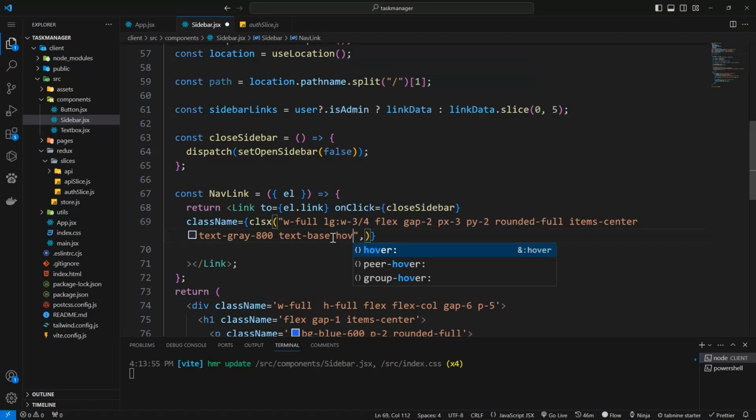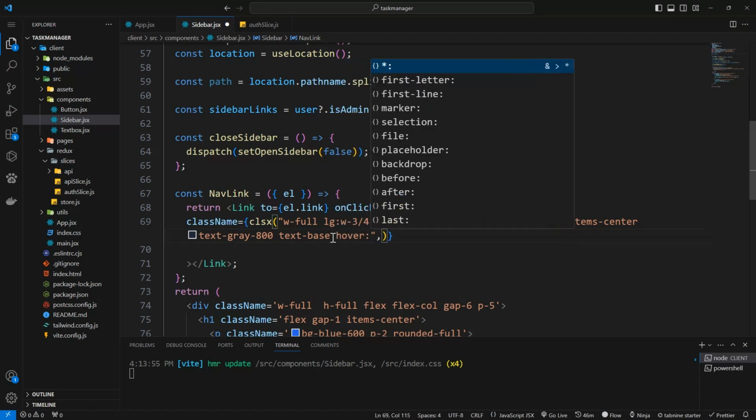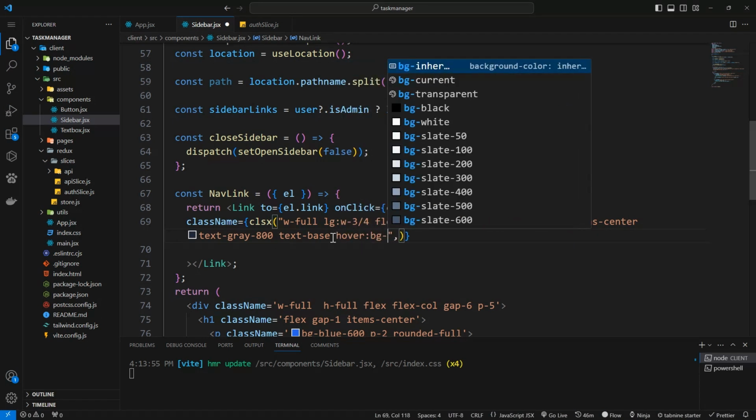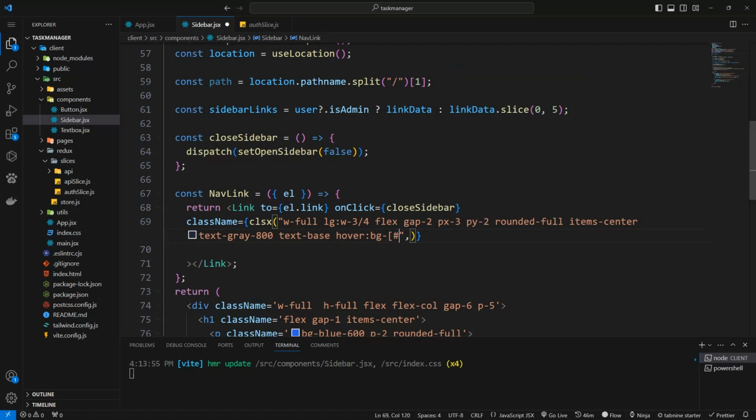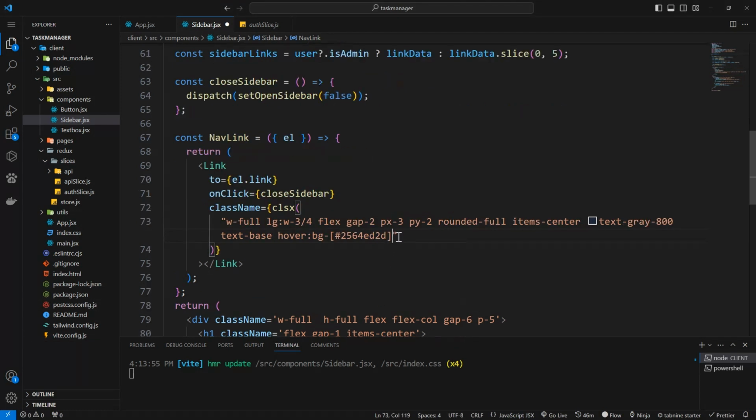And on hover, we want BG to be this color. Let me copy and bring it. Okay, I'll just copy and bring it here. Okay, so on hover. Okay, so now after this classes, what we're going to do is let us check the